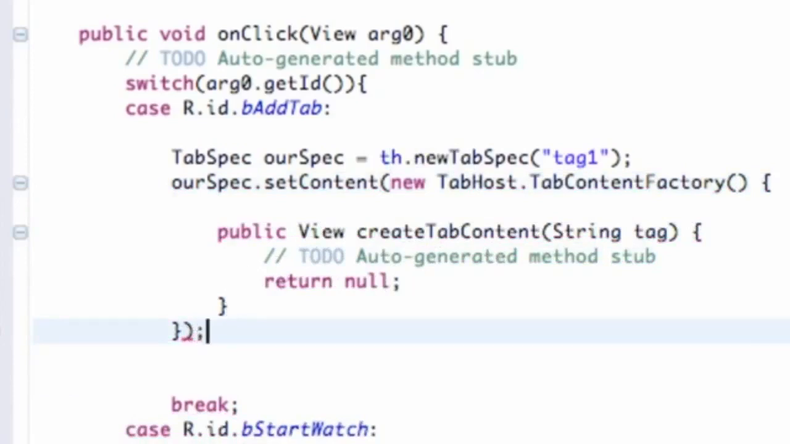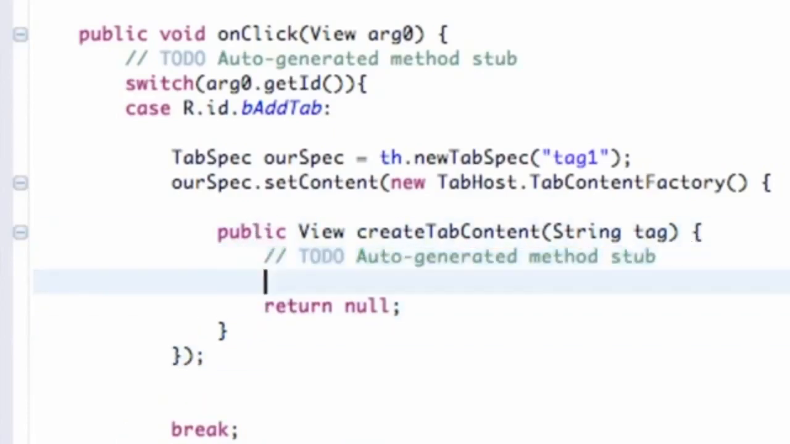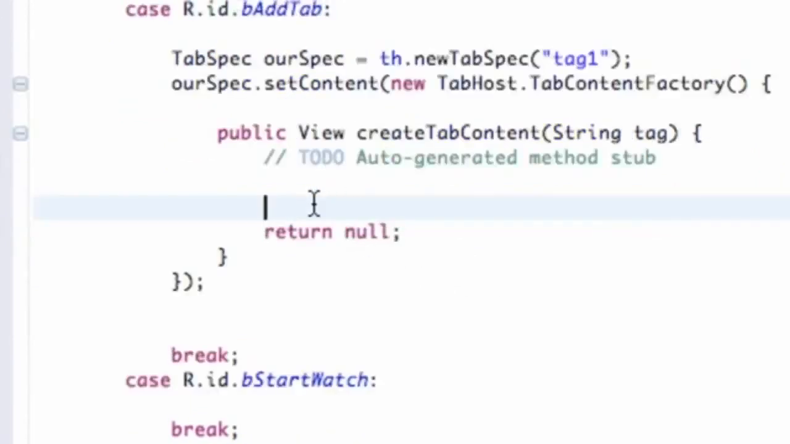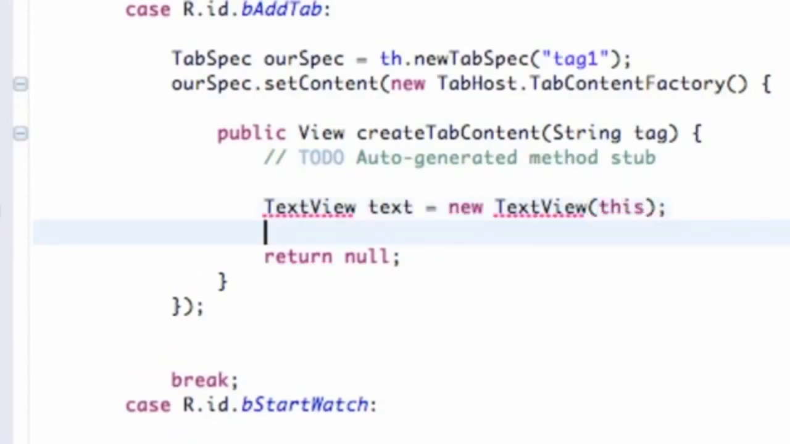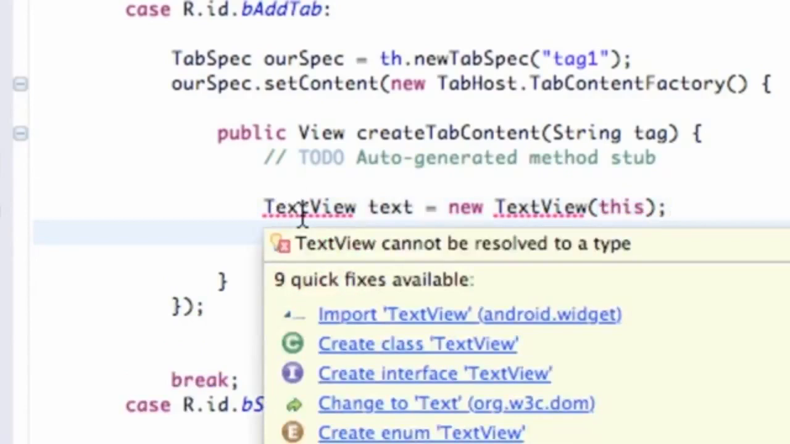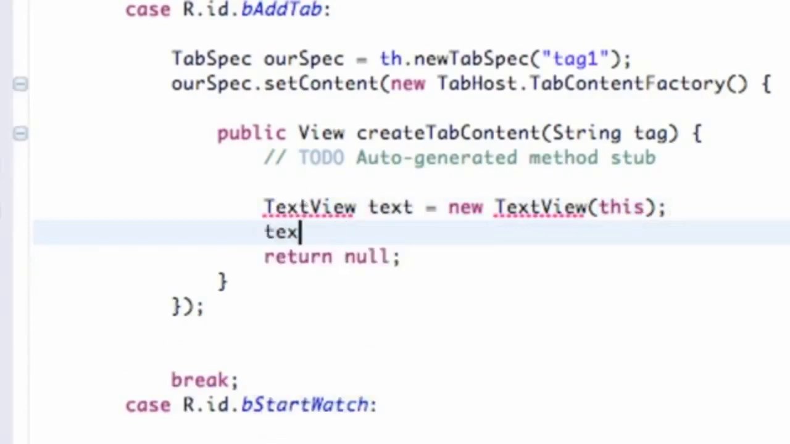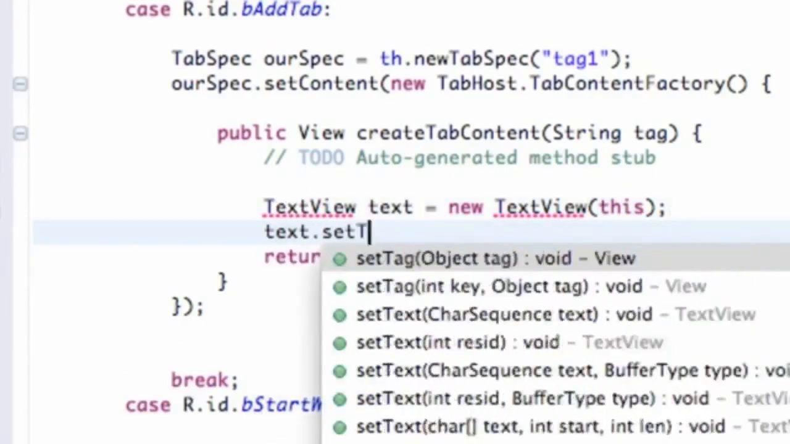And so we're going to finish off our statement first here so we don't get confused. And then we're going to go within this public view, and then within this tab construction we're just going to create a new text view. So we're just going to say TextView text equals new TextView this, and then we're going to set up our text view. Got to import TextView, and then we're going to say text dot set text